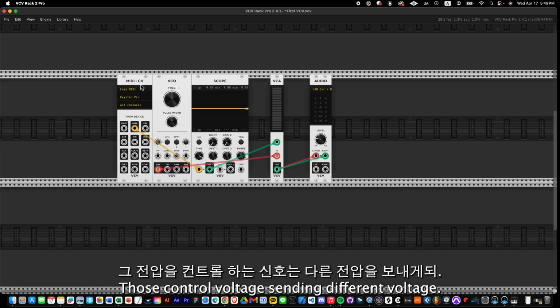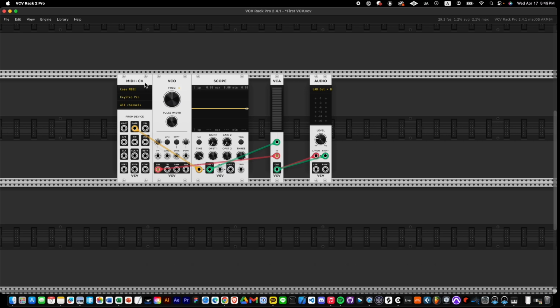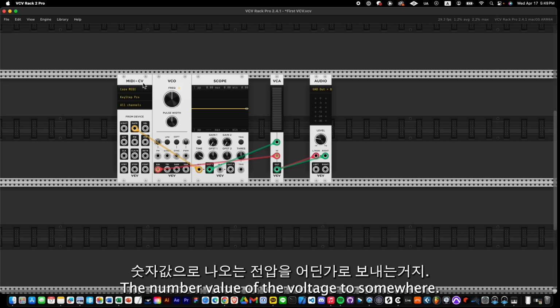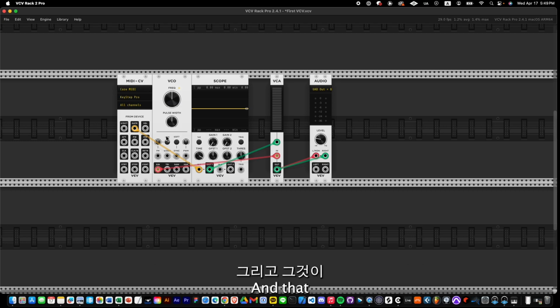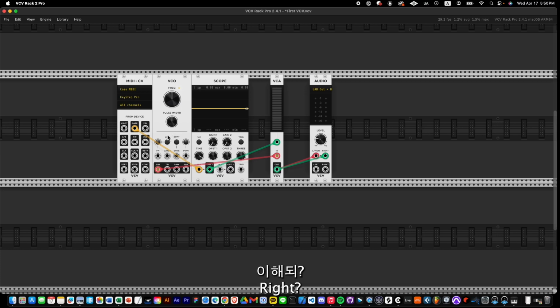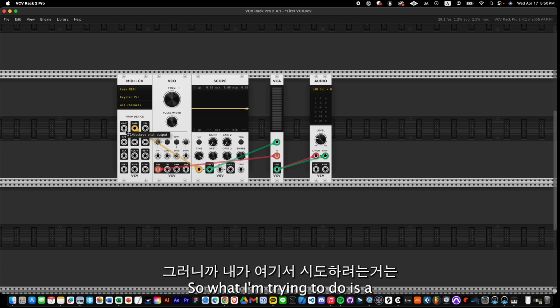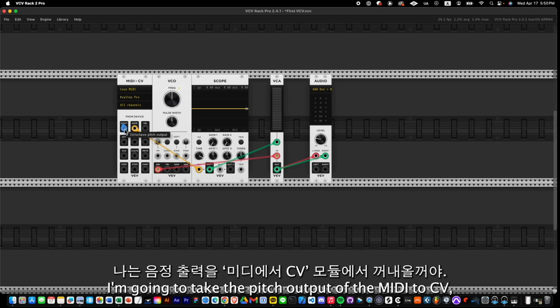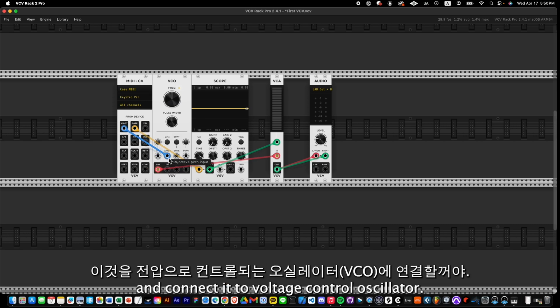Those control voltages send different voltage, the number value of voltage, to somewhere. And that signal is modifying the oscillator, right? So what I'm trying to do is I'm going to take the pitch output of the MIDI to CV and connect it to the voltage control oscillator,